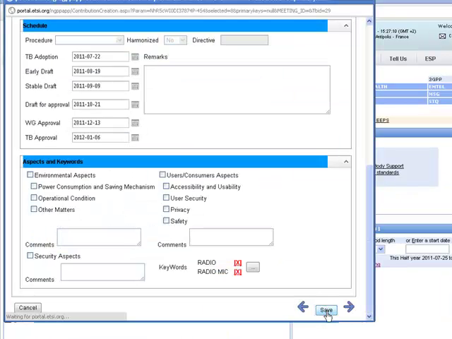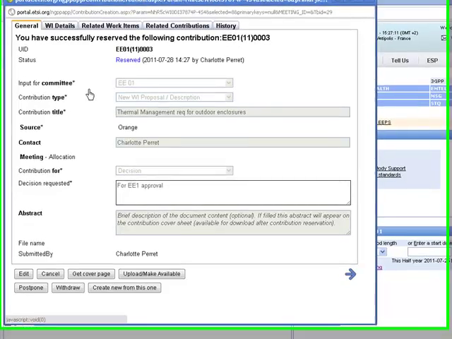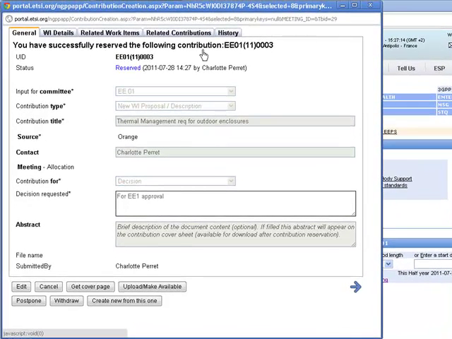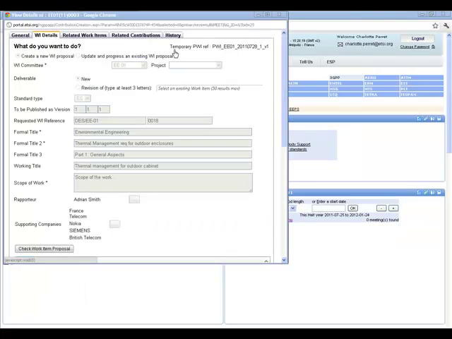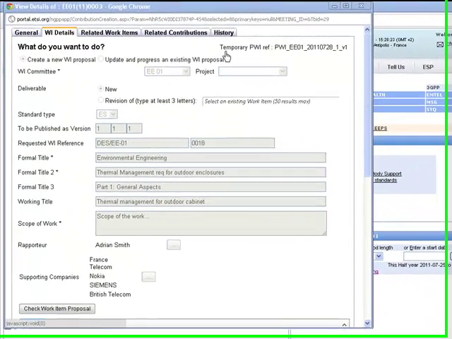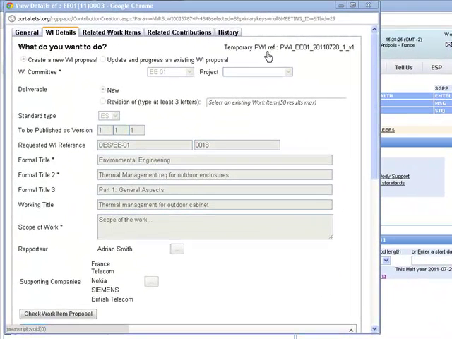A pop-up message will confirm that your contribution has been reserved and display the contribution number along with the preliminary work item reference number. This is a temporary reference given to any newly created work item and is constructed of the following: PWI for preliminary work item, EE01 for the name of the working group,